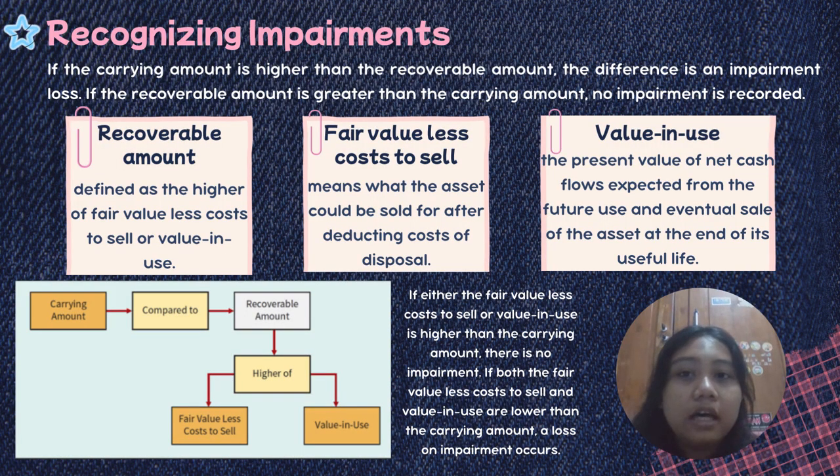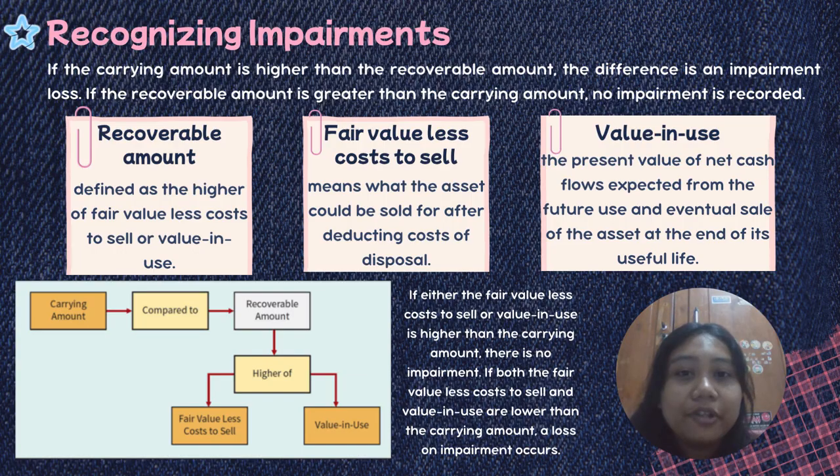Next, we will still talk about recognizing impairments. If the carrying amount is higher than the recoverable amount, the difference is an impairment loss. If the recoverable amount is greater than the carrying amount, no impairment is recorded. Okay, we have three kinds. The first one is